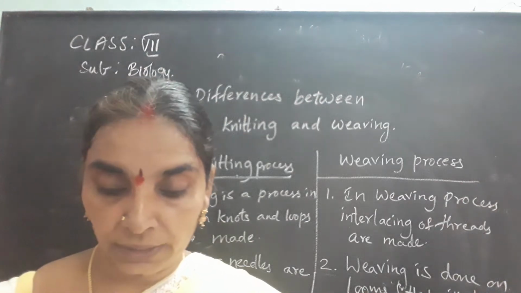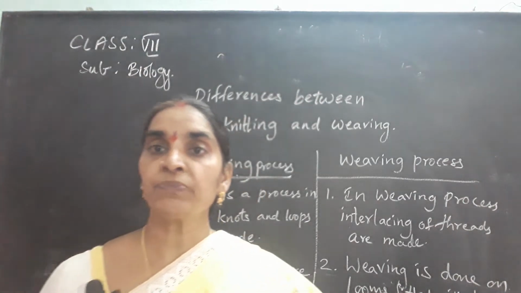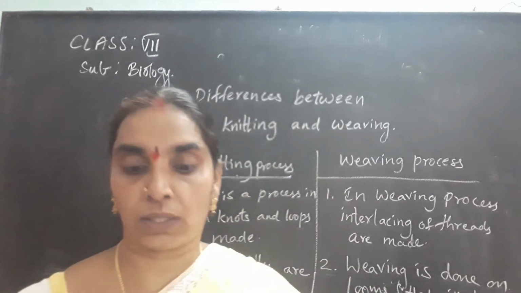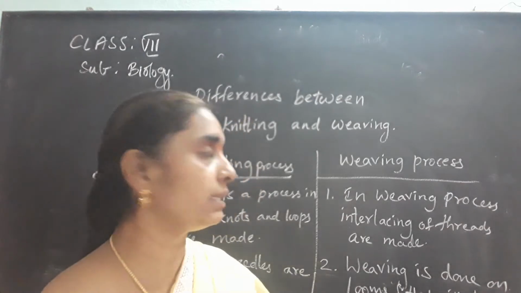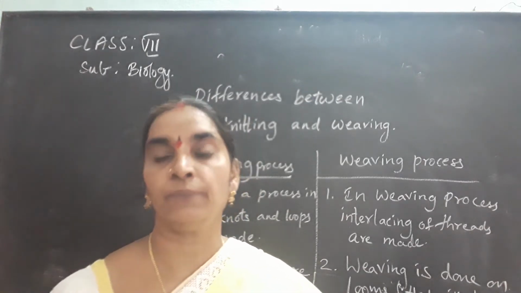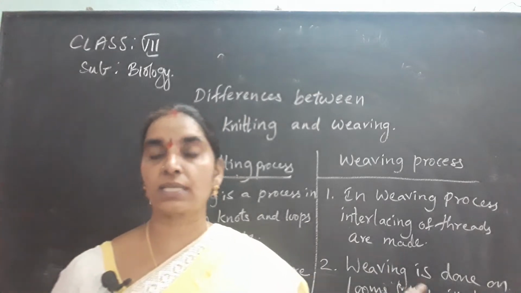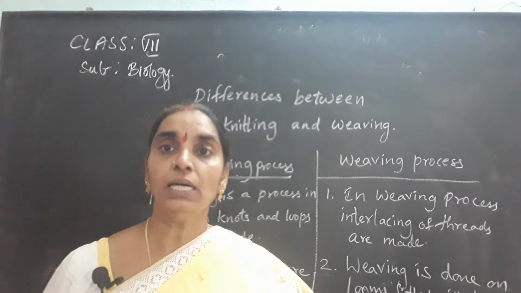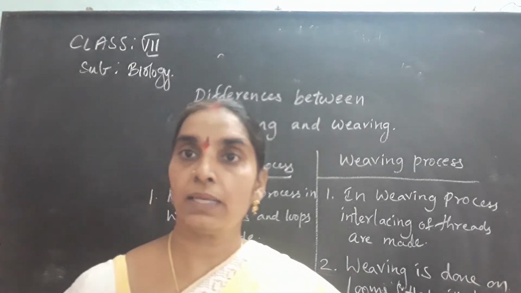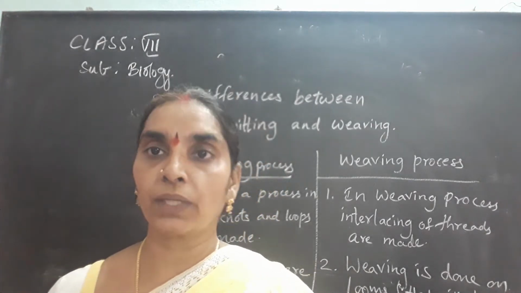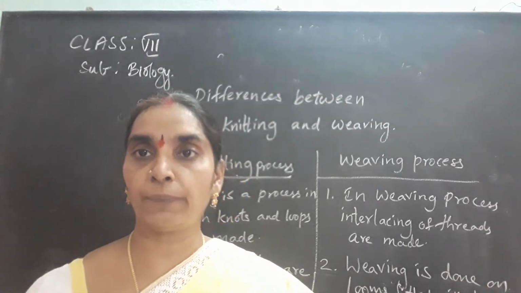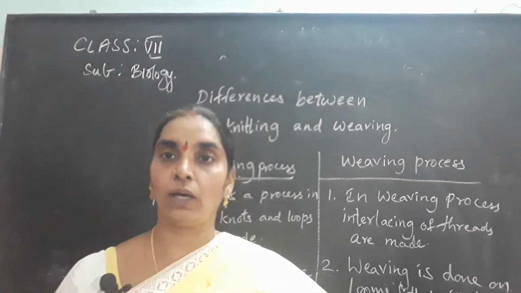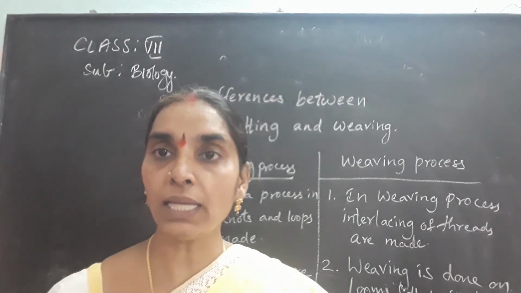Okay children, so the warp threads are lifted over the weft threads in this process. All types of yarns, whether cotton or silk or wool, are woven in this manner only in the weaving process. So both in the wool and the silk process, the weaving is the same. The warp threads are lifted over the weft threads with the help of the harness, which is fitted into the loom. It is done one over the other like the mat making process that you see in your home. That is called the weaving process.